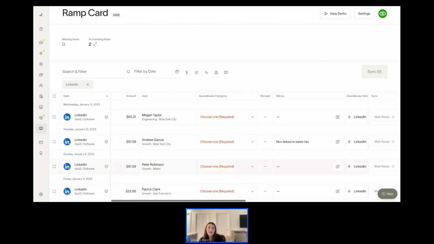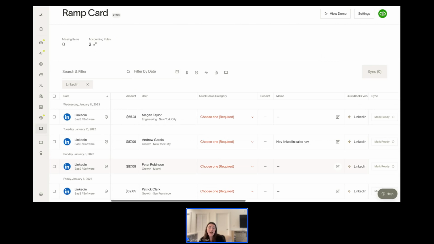And so if you were on yesterday or last week's platform overview, you may remember that I stressed the importance of setting up vendor-specific virtual cards. In this case, we actually have 3 different LinkedIn cards internally. Our head of marketing has one for LinkedIn Ads, our head of sales has one for LinkedIn Sales Navigator, and our head of recruiting has one for LinkedIn Recruiter. We've applied rules on the card level so that we're able to differentiate all of our different areas of spend